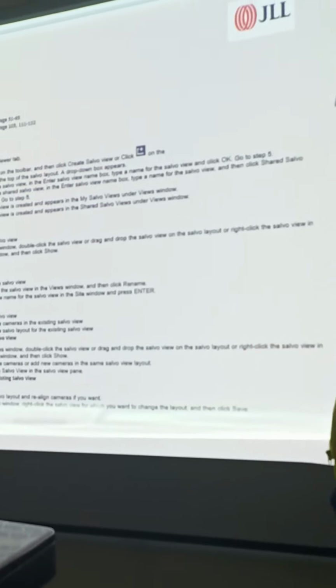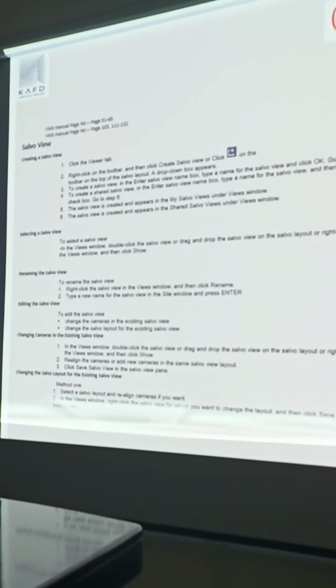Do you have the architecture of this CCTV system? Yeah, we have. Rather than architecture, I can